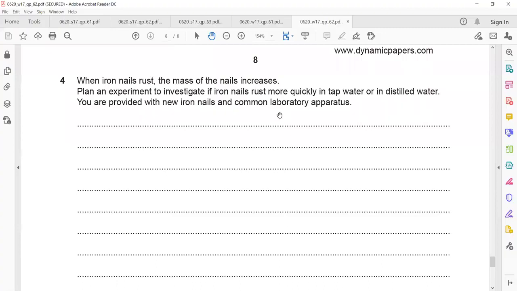Iron nail rusts, the mass of the nail increases. Plan an experiment to investigate if the iron nail rusts more quickly in tap water or distilled water. So what we will do, you are provided with new iron nails and common lab apparatus. So we'll measure, or take, 10 cm cube of